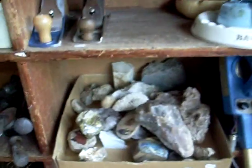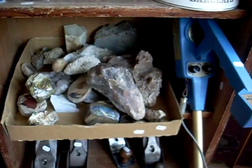It's a bloody big wrench. Advertising ashtrays, nice collection of rock specimens and stuff. There you go, and you get a little gold sort of thing to go with it as well. So we've got more planes, foot warmers,